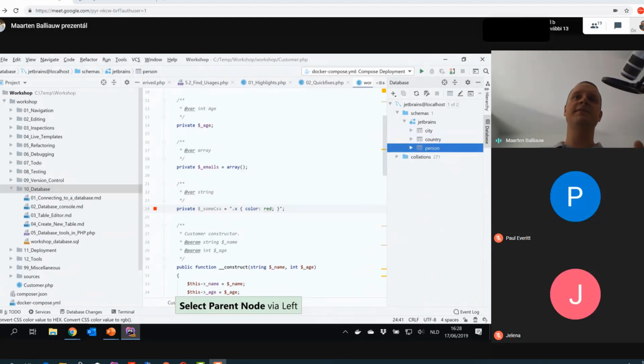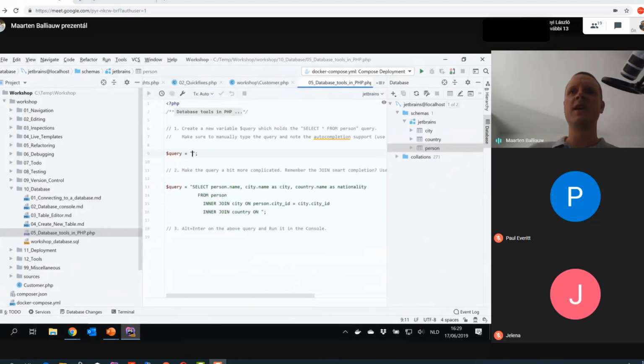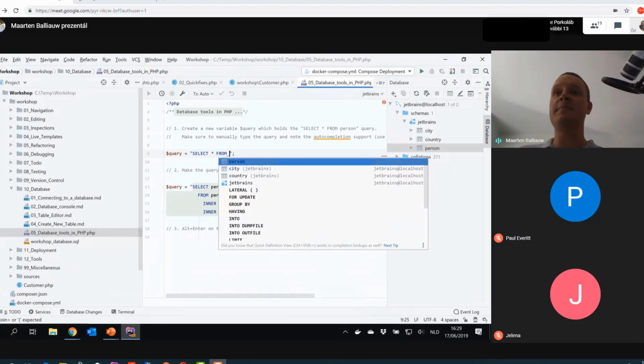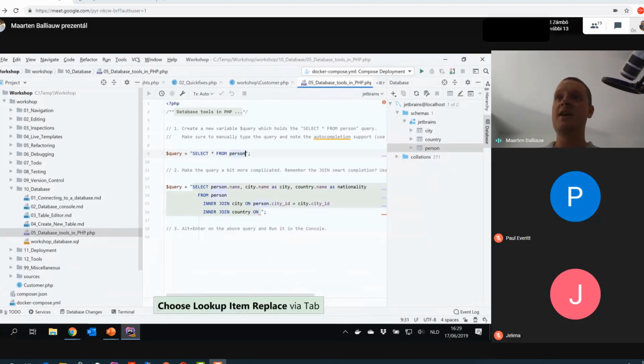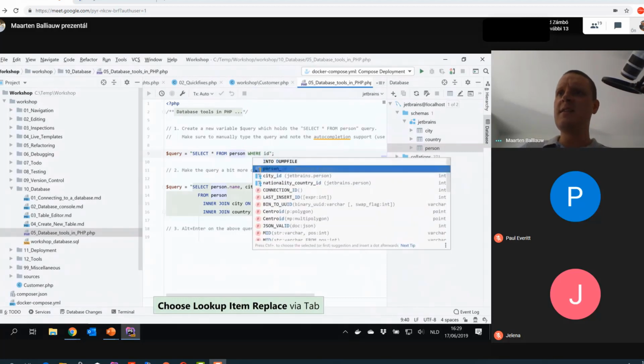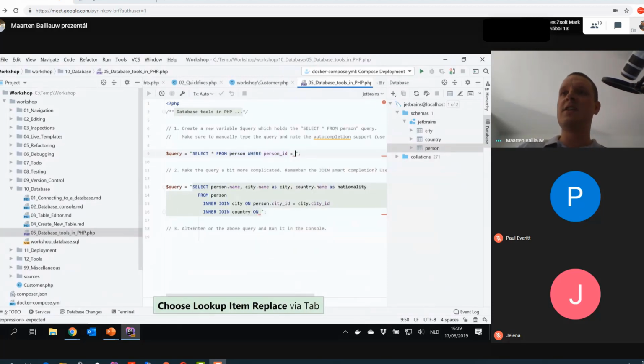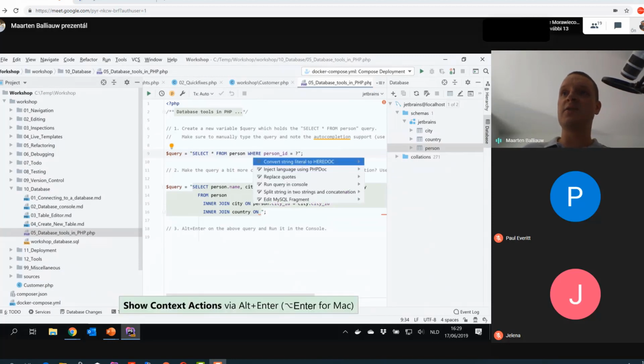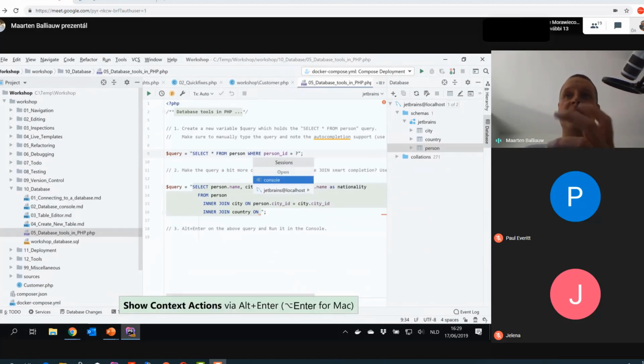If we make use of some data access framework or raw SQL queries, for example, we can write a select statement, and that should be select from, and you will see that all of a sudden you get code completion based on the current database connection. So for example, if we say select star from person where ID, there's a person ID equals question mark, and we can even say Alt+Enter and say that we want to run this query in our console. So we can say run query in console, let's say a new console.